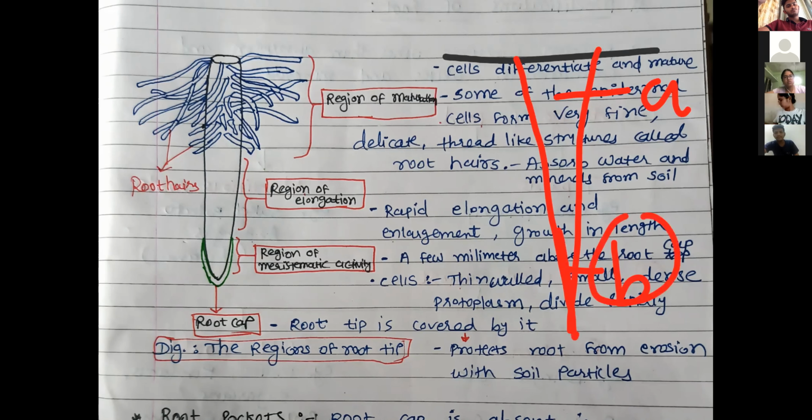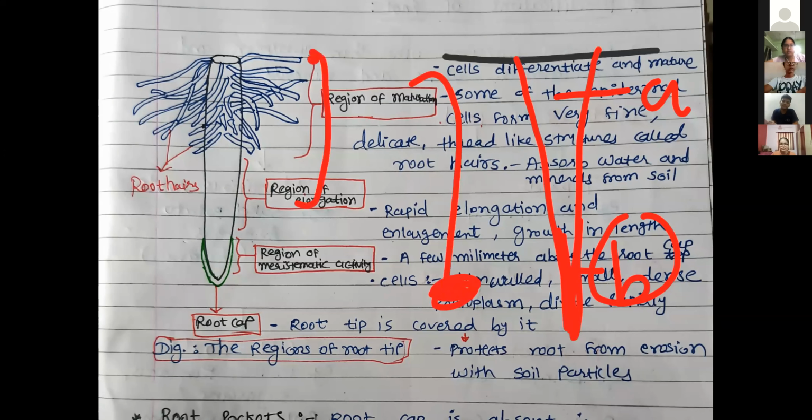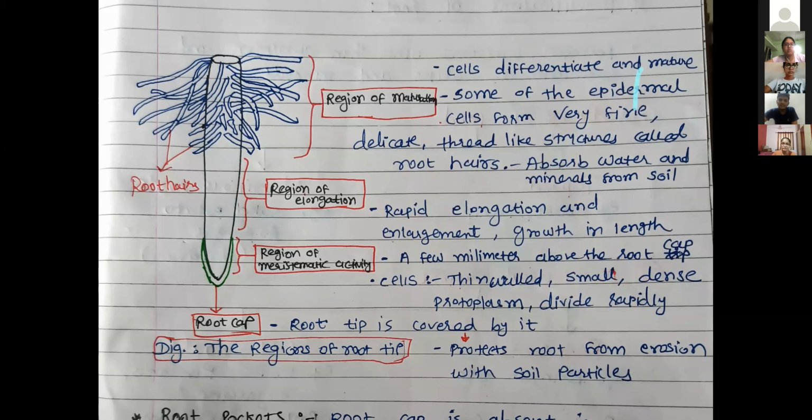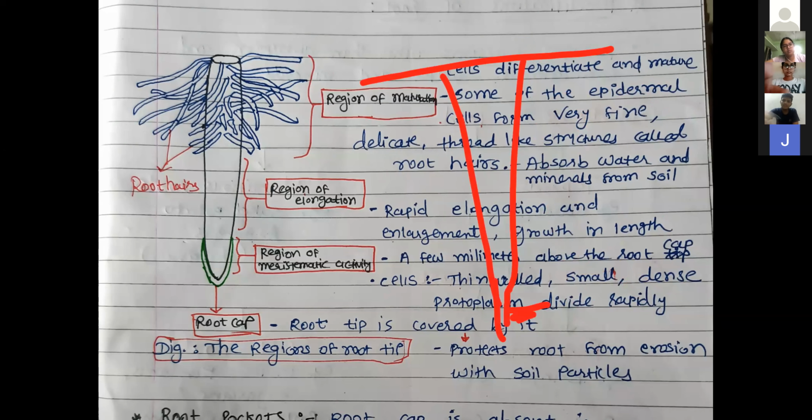B is the apical region, the tip portion, because root grows downwardly. That's why this one becomes a tip. Stem grows upwardly. That's why over here the tip is present, opposite in the root and the stem. Always remember, in the tip region, why does the plant show continuous growth throughout its lifespan? Because of the presence of what? Kirtan? Ma'am, meristematic tissue. Yes, in plants, meristematic tissues are present.